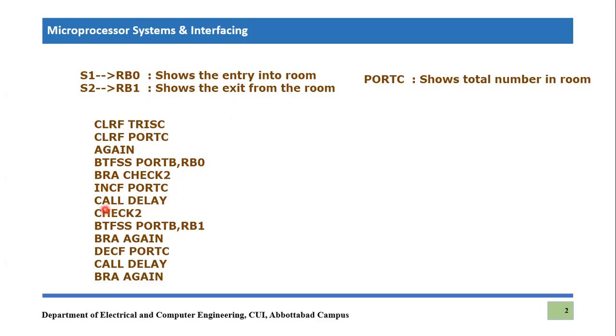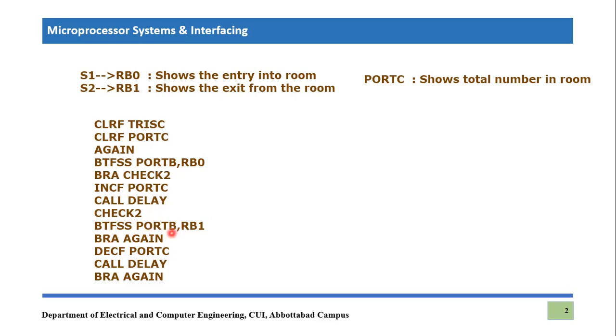And then we are calling a simple delay. I have written so many such codes at this stage for you, and I hope you can write it yourself. So I'm not writing any code for the delay, but I'm just calling it as a subroutine, right? After that subroutine is run, we go to another check, whether there is any exit from the room, right?